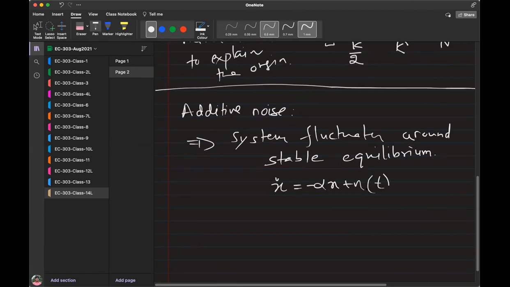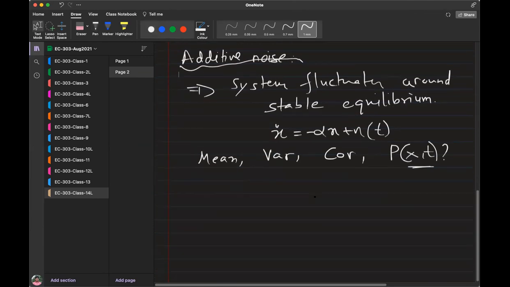So far for the OU process we have done the following: we have calculated the mean, we have calculated the variance, we have calculated the correlations, but what we have not done so far is this. So I will complete that part today. To do that fully mathematically is slightly difficult, so I'm just going to motivate how we do that. I'm going to give you some examples and generalize.